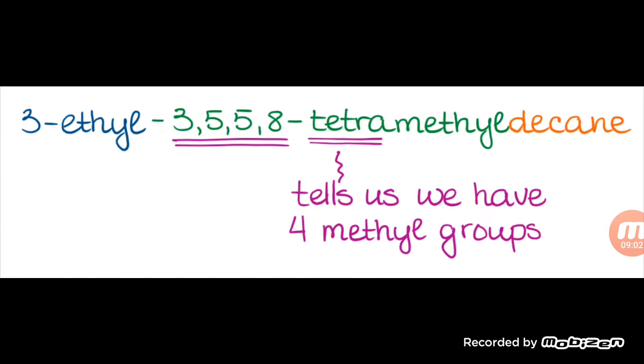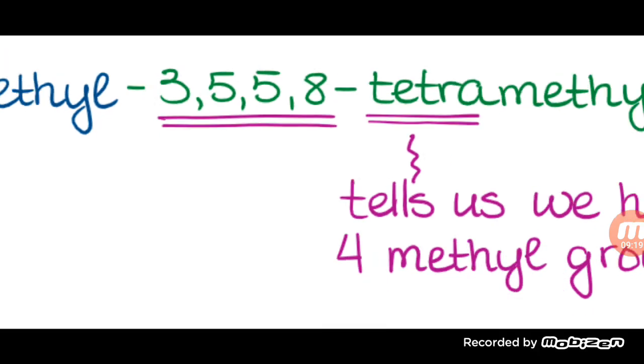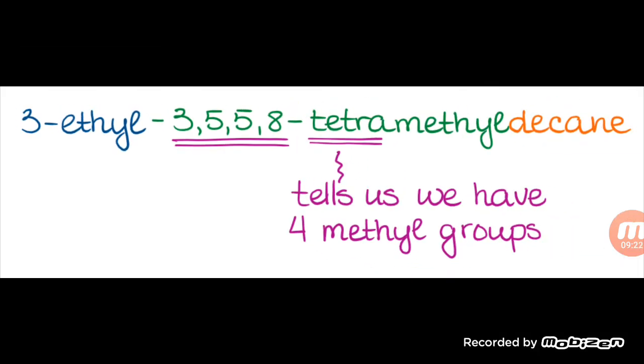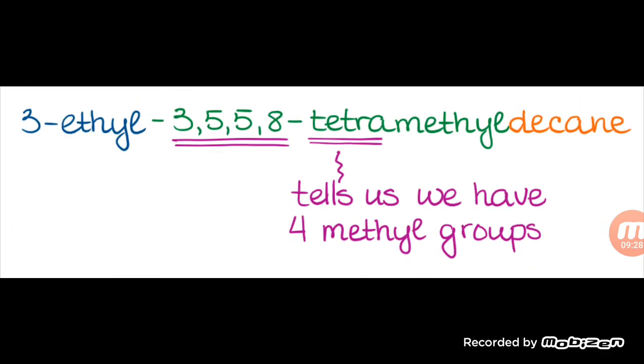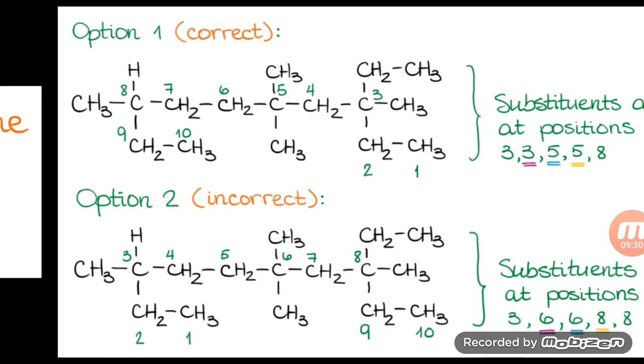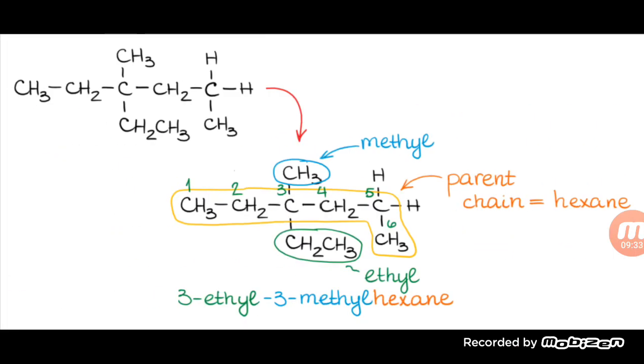Okay, so the correct name of this gigantic, big molecule would be 3-ethyl 3,5,5,8 tetramethyl decane. So I just summarized and collectively wrote the methyl name together by giving each carbon on which they are present. This is a way by which any alkane name can be written. And in the last you will give the parent name, that the parent name is decane having 10 carbons. Okay, this is an example.